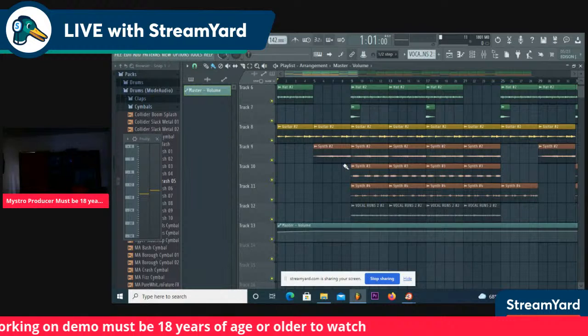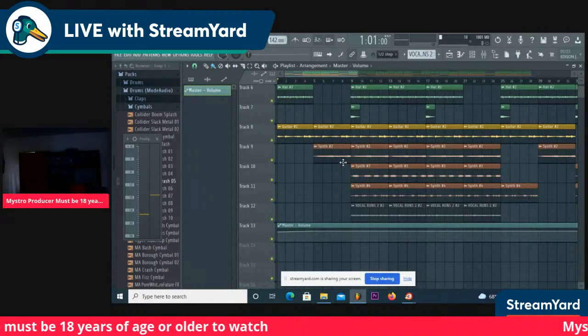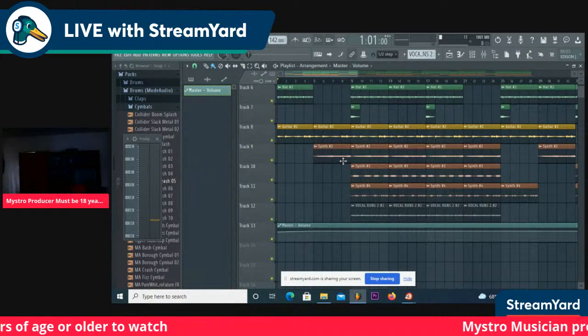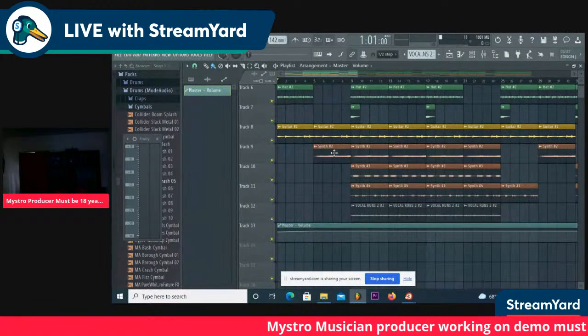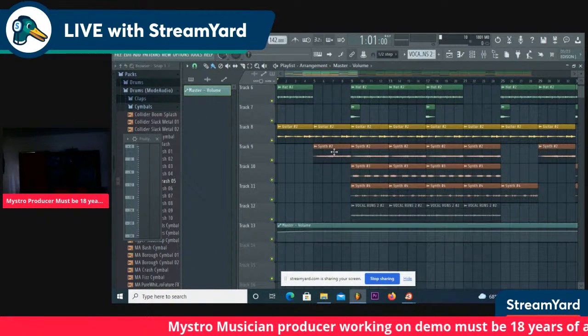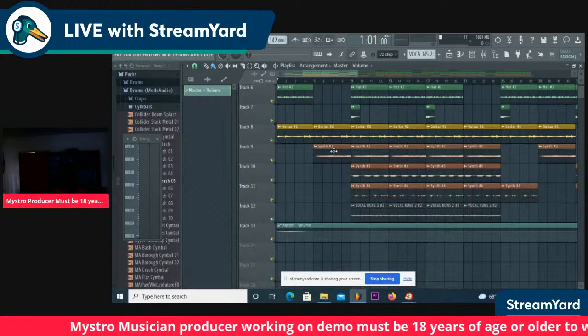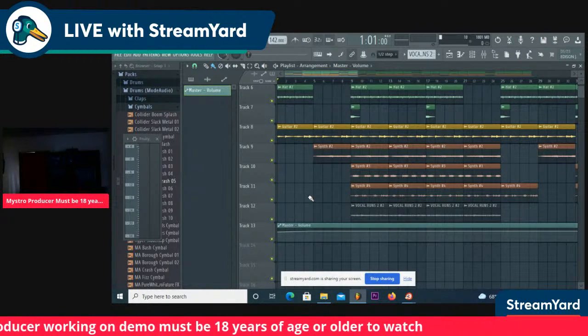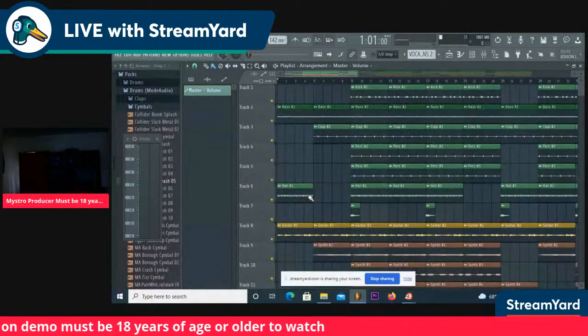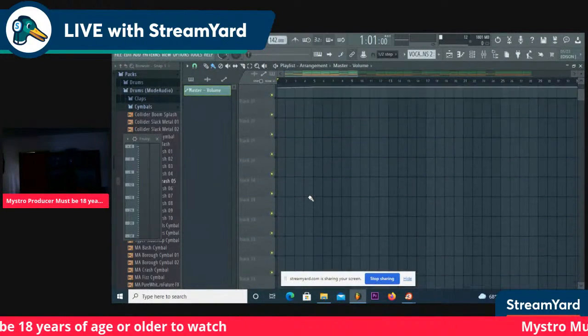I'm going to leave the MIDI. I turned them off, but I'm going to leave them just in case I want to go back and do something else. No, we always have to delete them. All right, so now that this is in waveform,